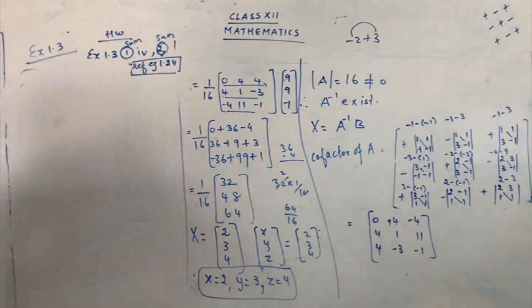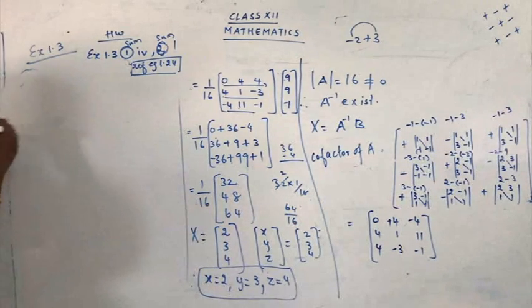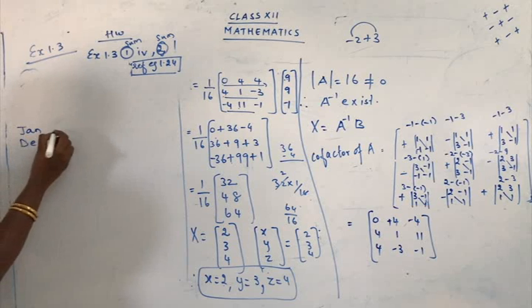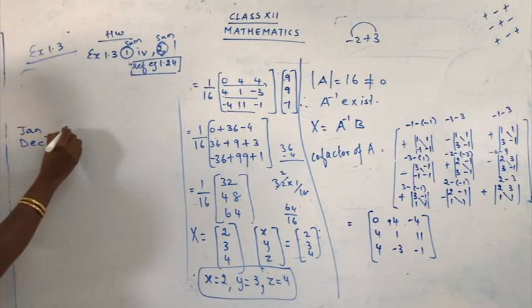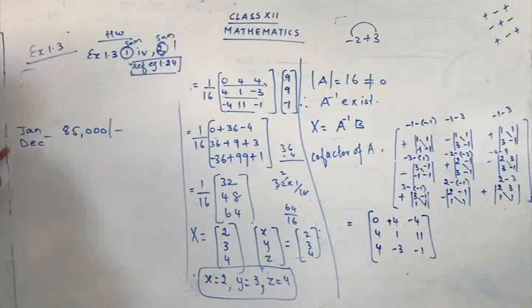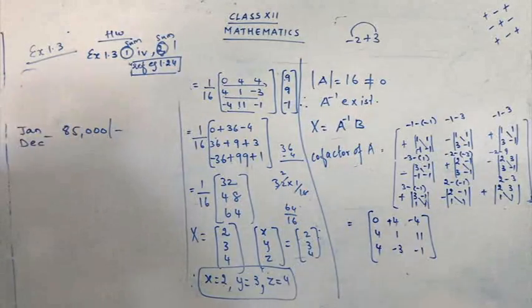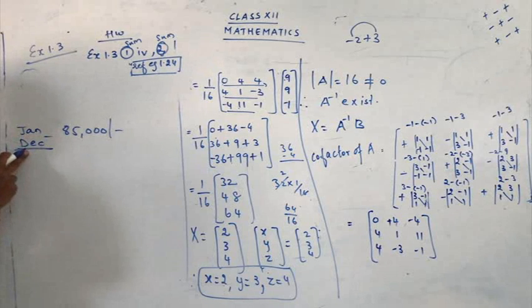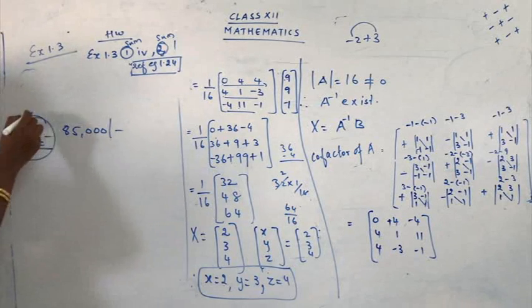See, at the end of the first month means, suppose a man is appointed for a job, January to December, he is going to get some salary. Suppose he is going to get 85,000 salary. Anyway, you are all going to go for a higher job and earn lakhs and lakhs, children. So let's think the man is having a job of salary 85,000. The increment will be in the first month, that is, he will not have an increment in the month of December. This is his whole annual.